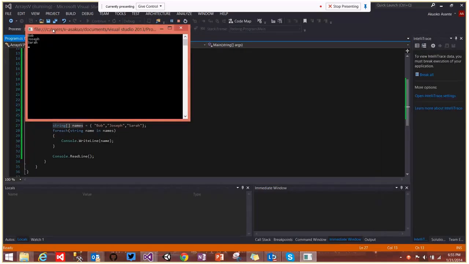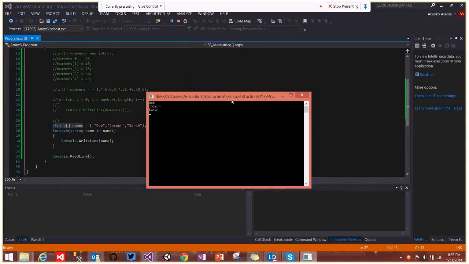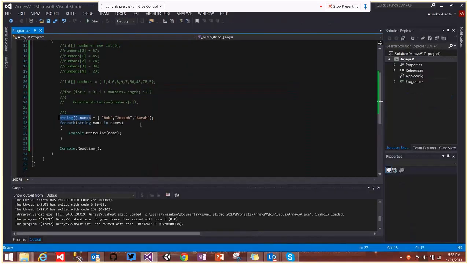So now here we have Bob, Joseph, and Sarah. We click close, and that's the power of the foreach statement. You can use it extensively when you're working with strings and other concepts, which we'll get into in the second part of